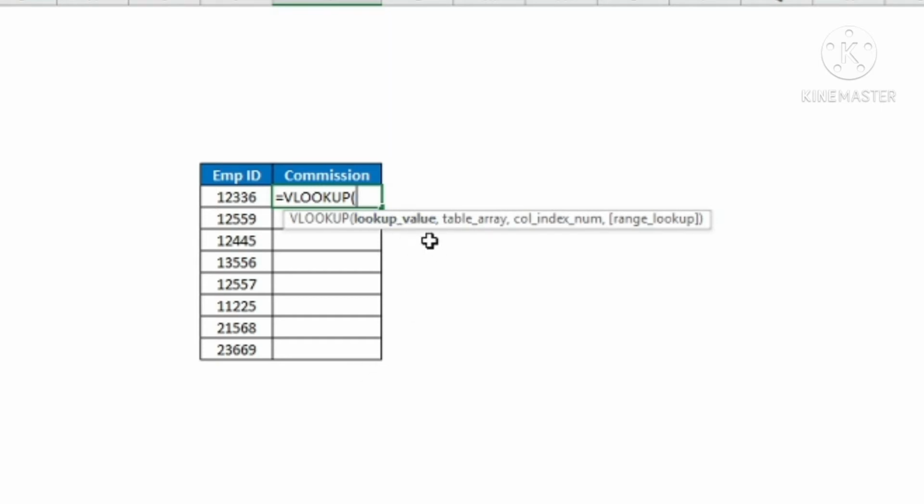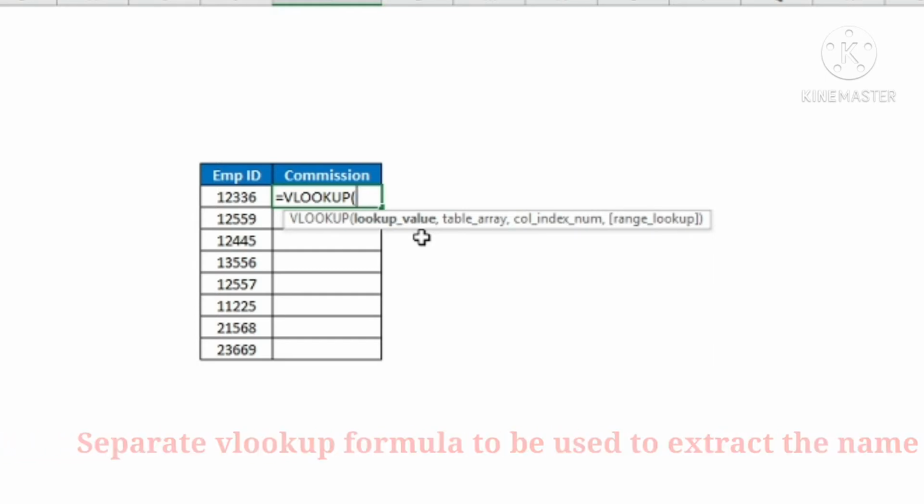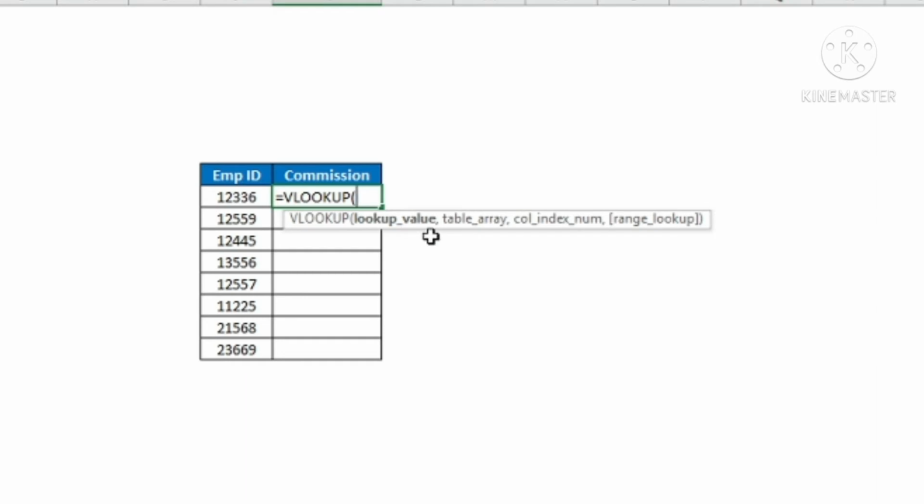Now the lookup value that we want to use for this formula to get the corresponding commission is the name, but the name is not there with us. So we will be extracting the name by using a different VLOOKUP formula. So we will be using VLOOKUP inside VLOOKUP again. So to get the lookup value, that means the name of the employee, we are going to use another VLOOKUP formula.